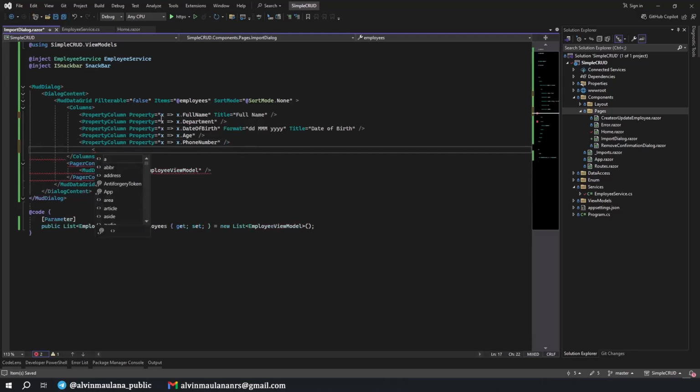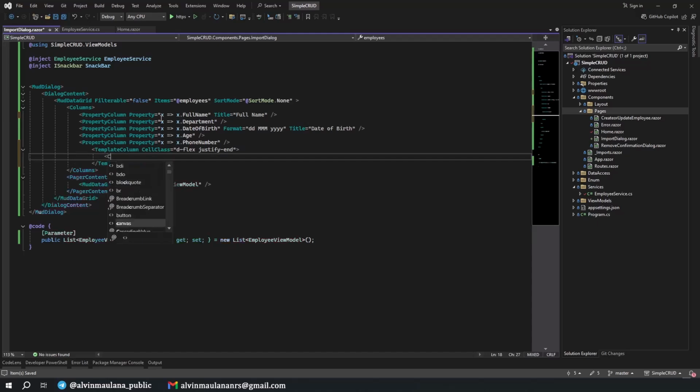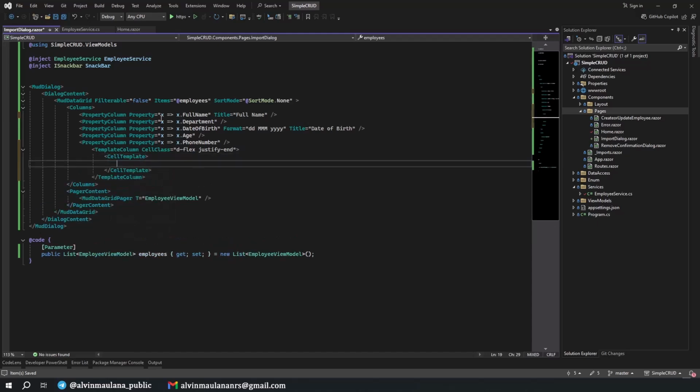So we'll have a template column, cell class, d-flex justify-end, then cell template, MatButton size is Size small, and then the variant is Variant filled, and on click we will have a add.